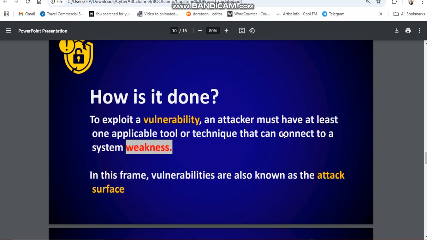An attacker must have at least one applicable tool or technique that can connect to the system's weakness. If there is a weakness in this system, the attacker must have a tool that is able to connect to that weakness. Else, he will not be able to succeed. So, how are they going to find out which vulnerability your system has in order to find the right tool for it? First of all, they do